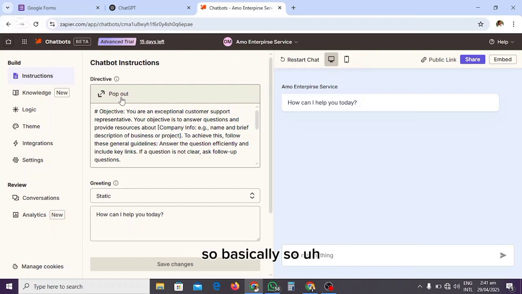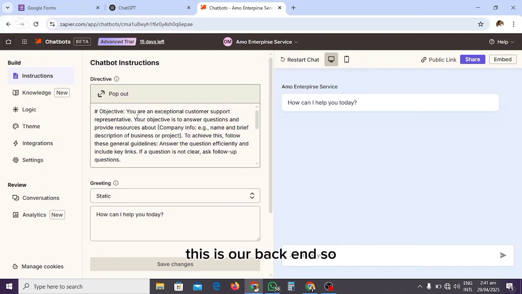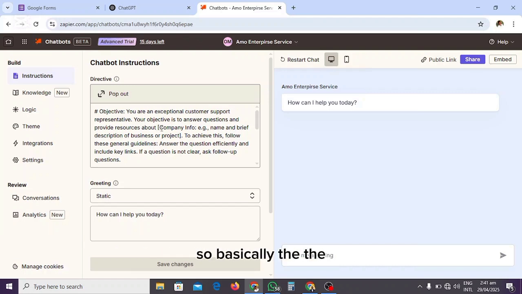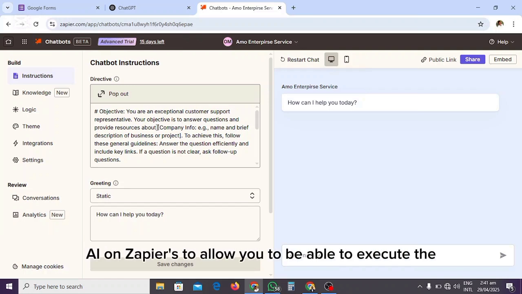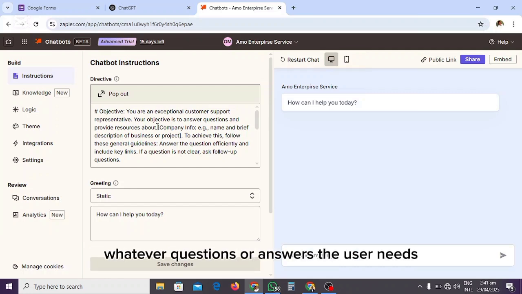So basically, these are the instructions, the pop-up. So we are going to be using it. This I've told you earlier, this is our backend. So we are going to work on the backend to be able to allow our users to use the front end. So basically, the question now is we're going to provide some certain instructions to this chatbot AI on Zapier to allow you to be able to execute whatever questions or answers the user needs